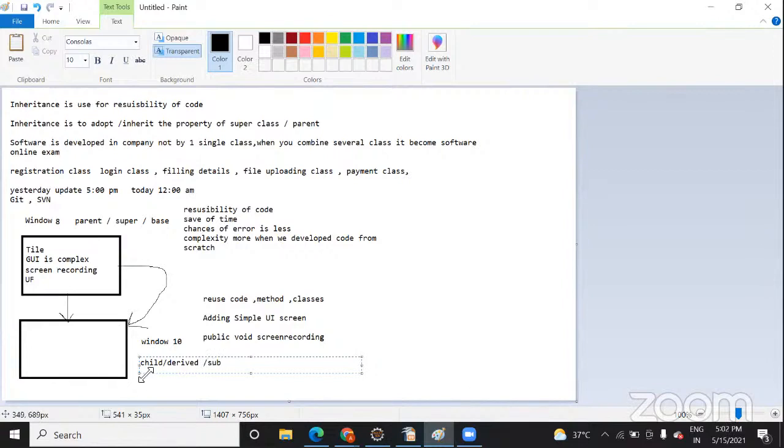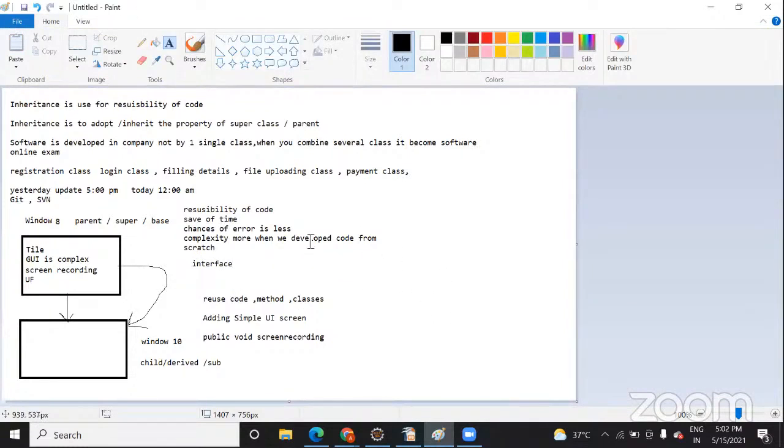The derived class can have two parent classes also. Like if we take some of the features from Windows 7 and some of the features from Windows 8, and we think that both are different, in C++ you can do it, but in Java it is not possible. Multiple inheritance is not supported in Java. In order to implement that, we need to use a kind of interface. I will come to that. With the help of interface, you can implement two classes, Windows 7 and 8 together, but in Java it is not possible with the inheritance extend keyword.